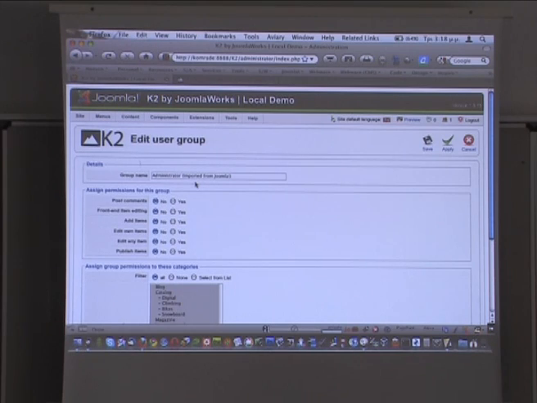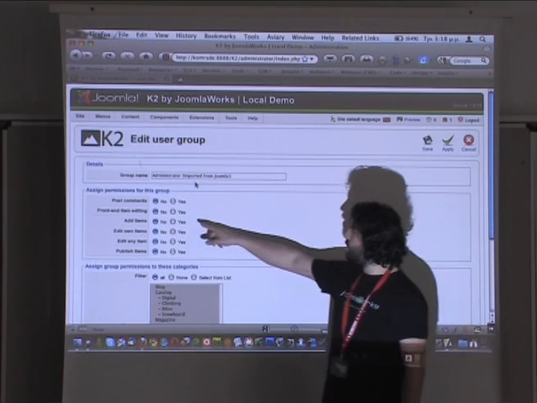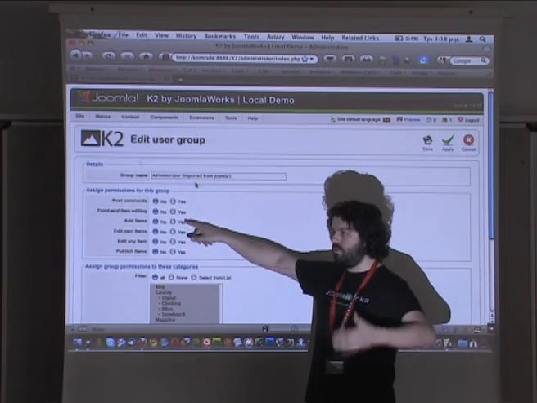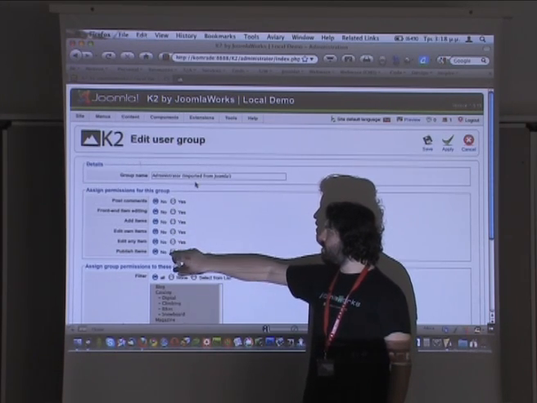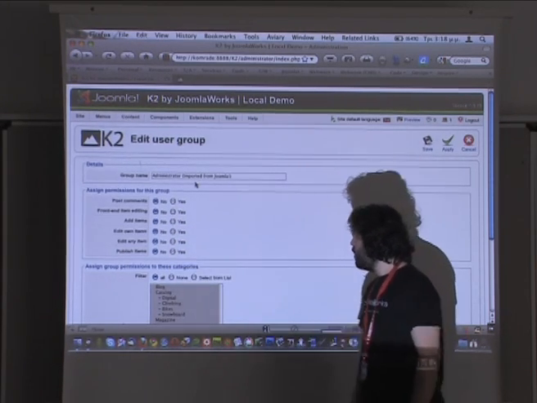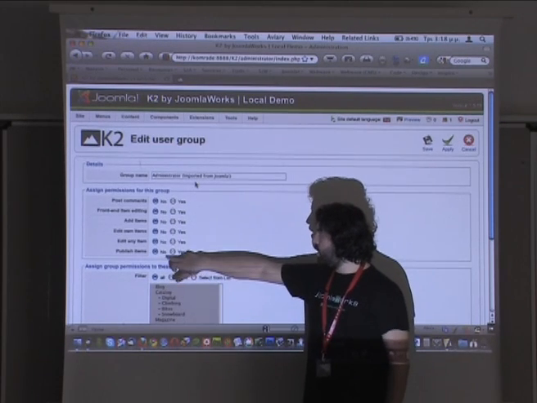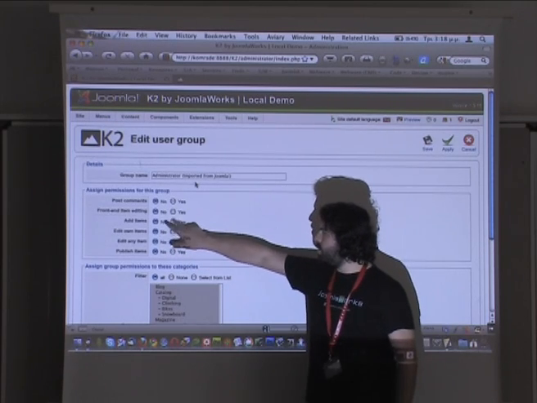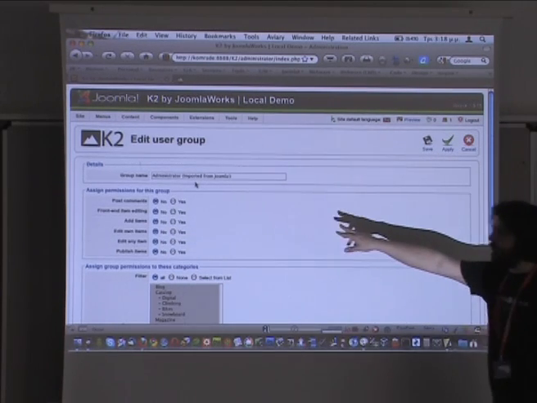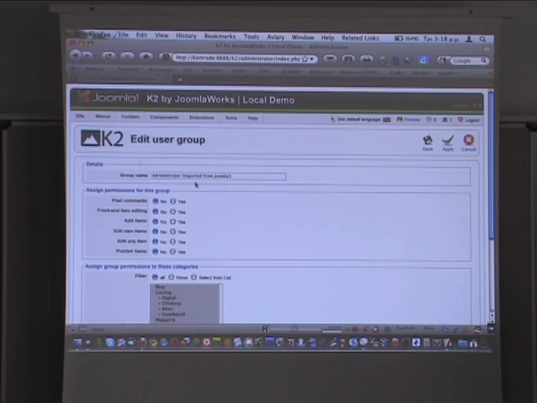And furthermore, we can obviously have more control whether these users that have access to front-end editing can add their own items, edit their own items, or edit any item. And finally, if they're able to publish items. So if you adjust these permissions properly, you can get as many user groups in the front end as you want,